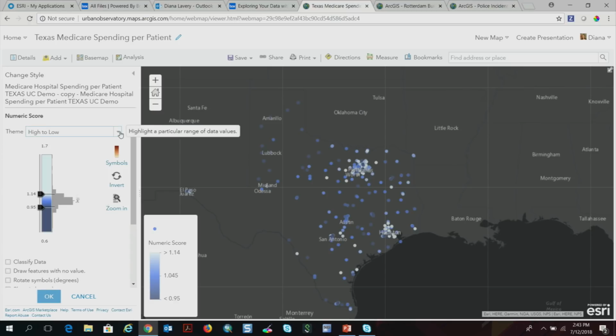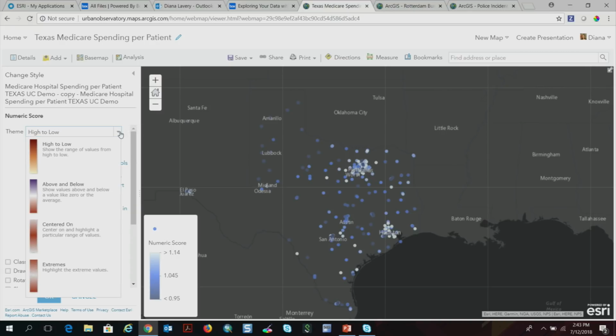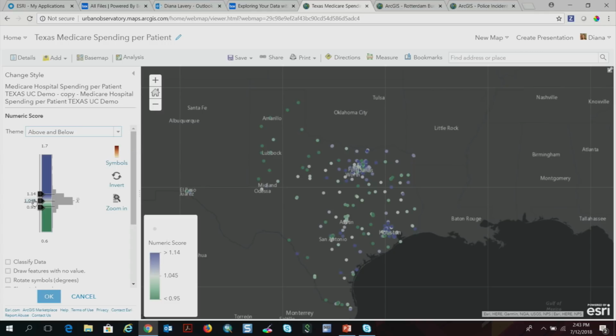What I would recommend when you have a score such as this or a ratio where you have a clear reference that 1 is meaningful, use above and below instead of that high to low. I know that 1 is meaningful, not 1.04, so I can change that. And the standard deviations are useful, but because I know this data, if you have a ratio of 0.6 or better, say, then you're doing something really, really well. People are going to come to you and say, hey, what are you doing? You're like the top